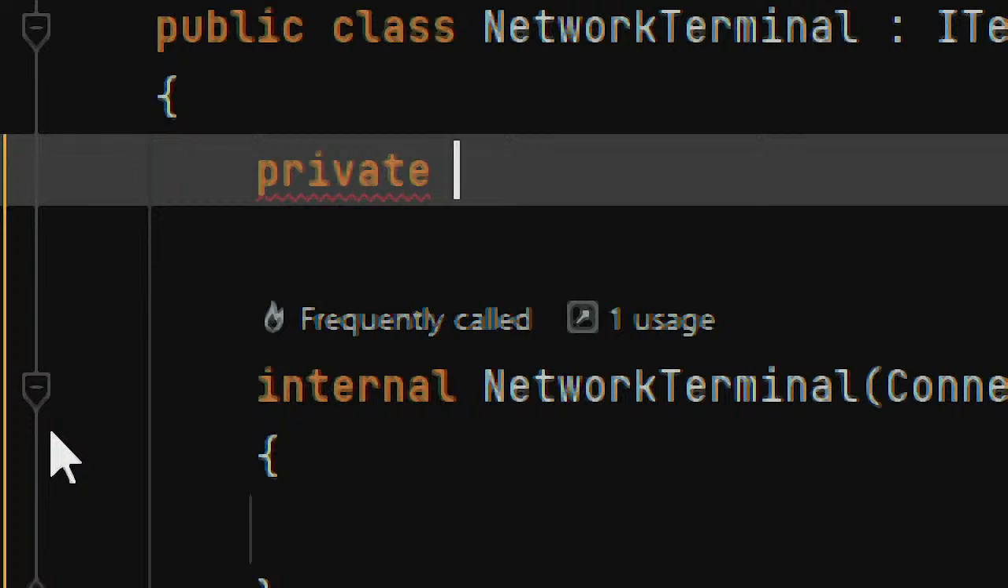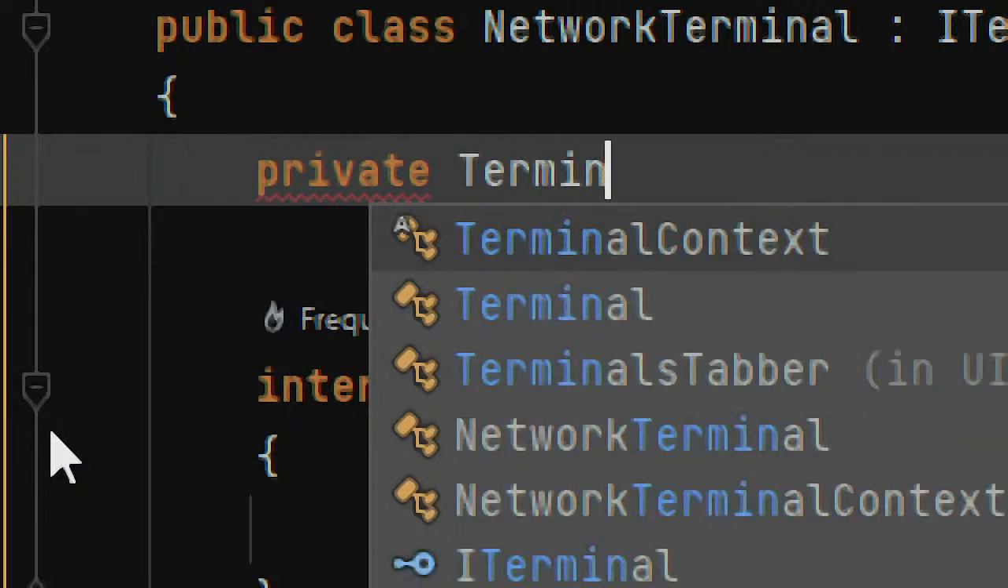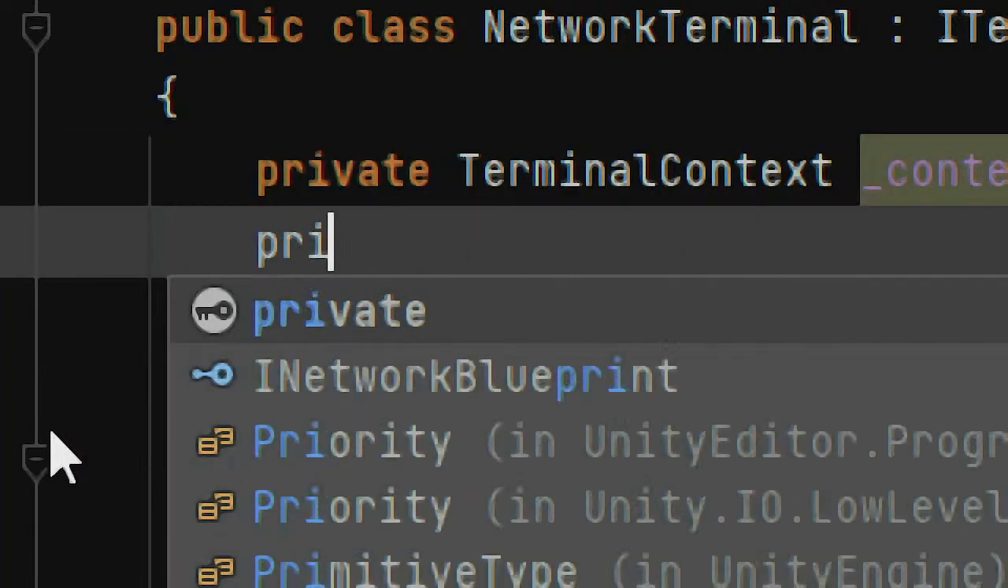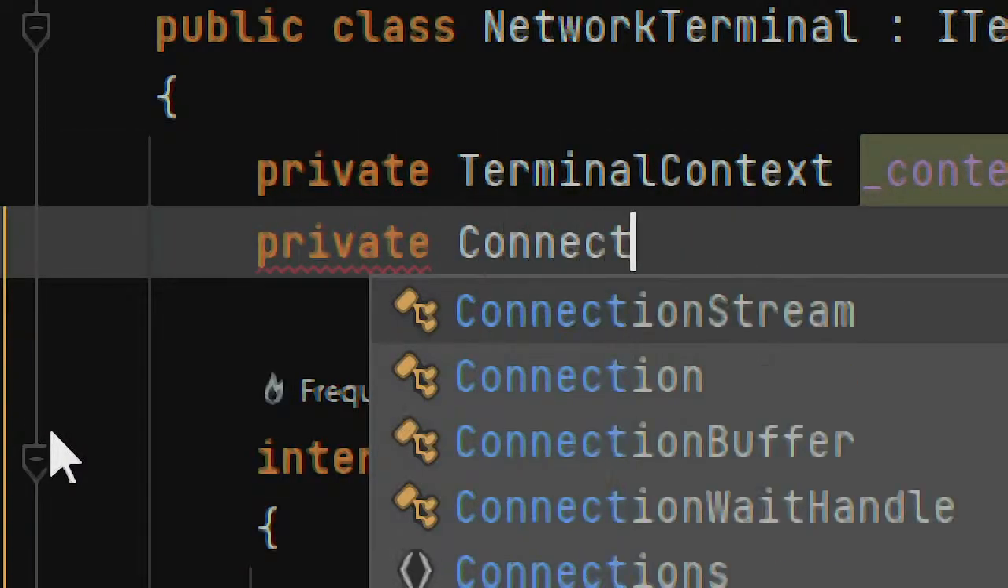Anyway, we're gonna do private terminal context, private connection stream,